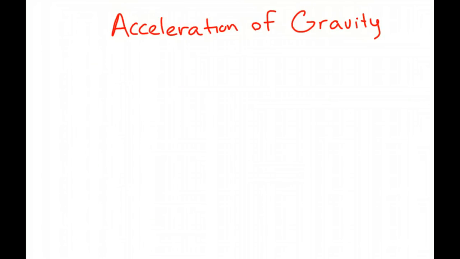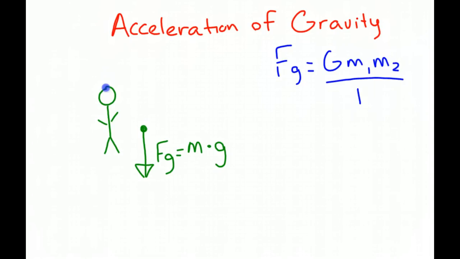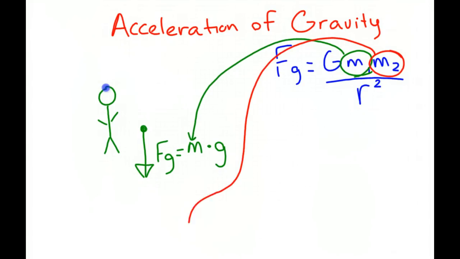Now we know that on Earth, if I have a person that's just standing here, they will have a gravitational force pulling down, Fg, which is equal to their mass times what we call little g, the acceleration of gravity. Now if we imagine in our gravitational force equation, Fg equals G m1 m2 over r squared, that m1 is our person and that m2 is whatever's causing that force, namely the Earth,